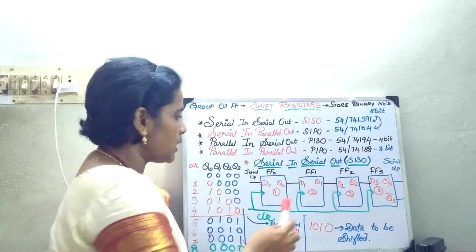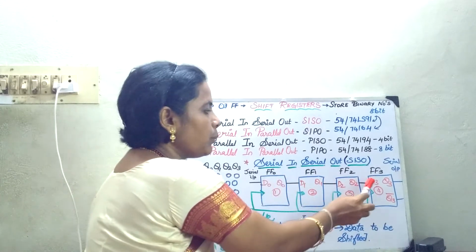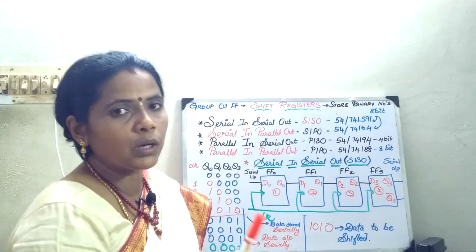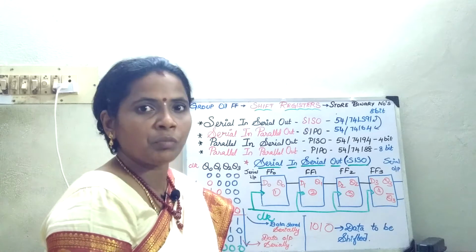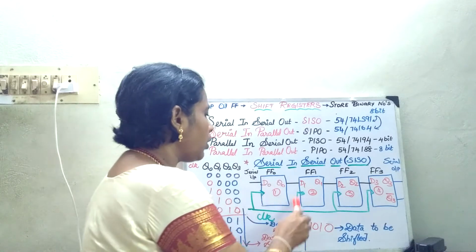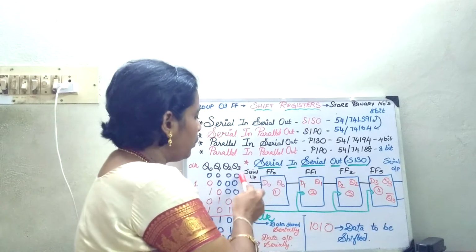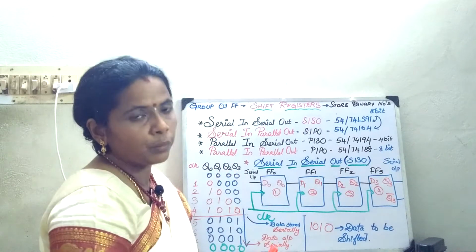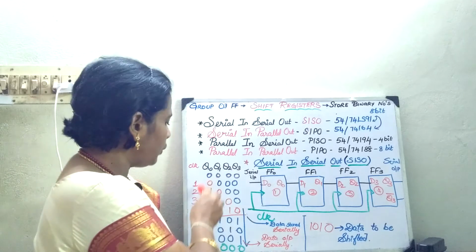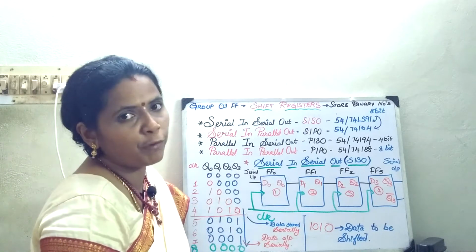The next case is the output of the first one becomes the input of the next one, because in a D flip-flop what is the principle? Whatever is the input, the output follows. Next, you give a clock signal to all. So, your input is going to be a serial input and your output is going to be a serial output. Now, we will see how we give the clock pulse and analyze its performance.